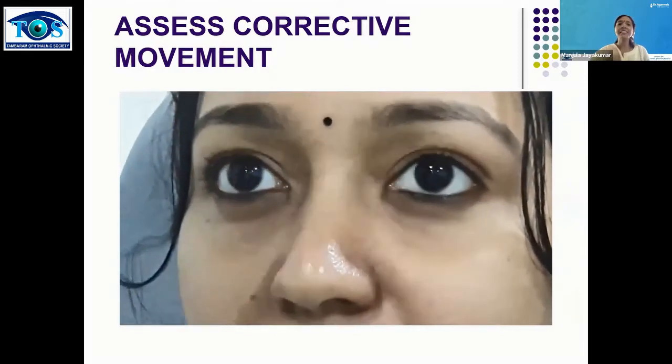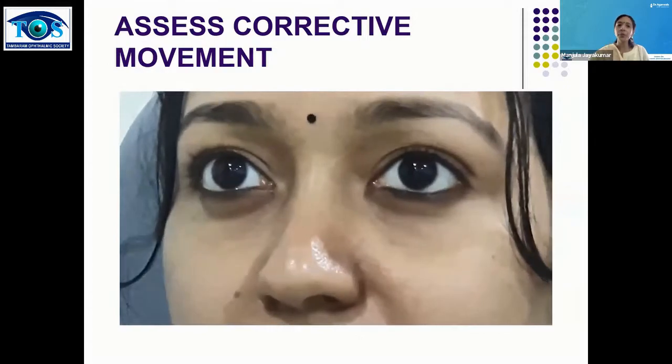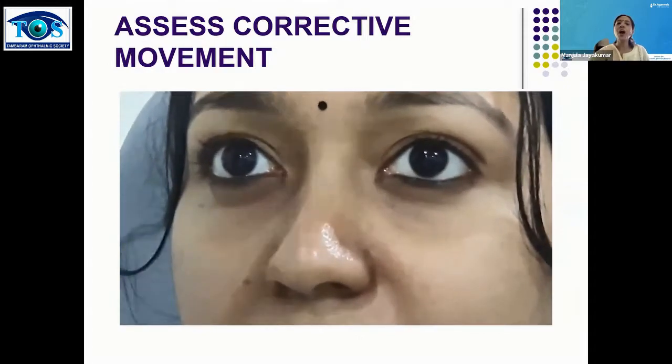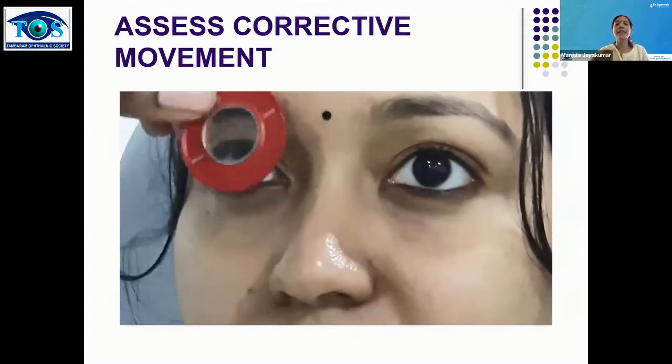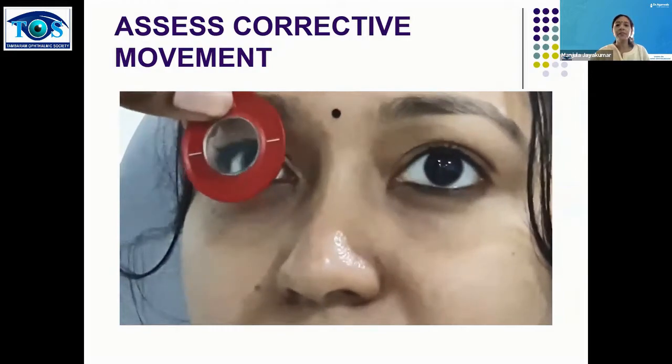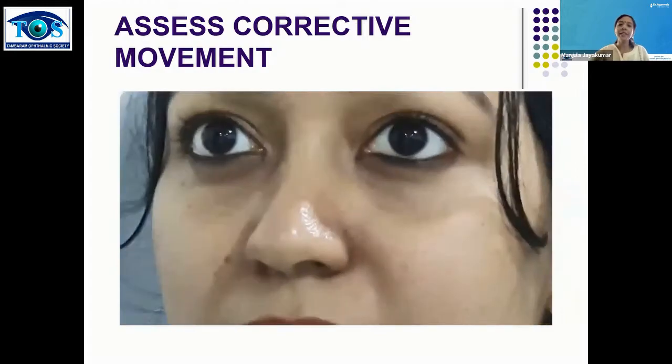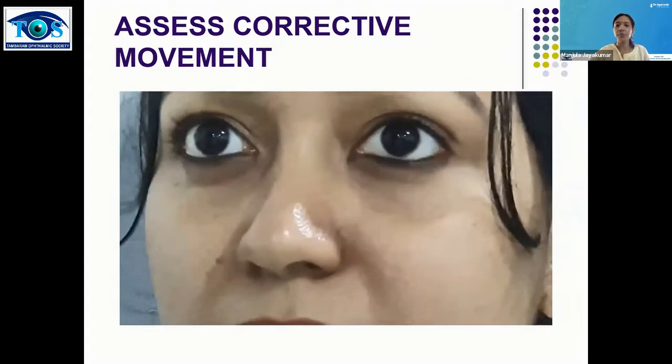So start estimating your phoria. You keep doing it on normal people, then you will know how much is the abnormal phoria that you're estimating. So see, as you go to a 10 prism, more is your excursion movement. So that's a very good way of estimating your phorias. And the two important tests needed in BV assessment are the cover uncover test and the alternate cover test.